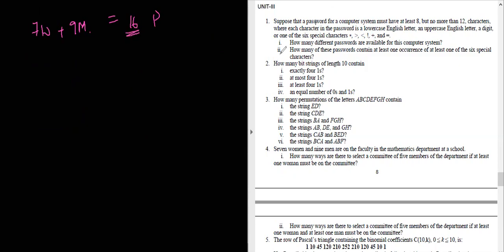Out of the 16 people, what number committee are we forming? We are forming a committee of 5. So what will be the total different ways to select 5 people from 16 people? We are performing selection, so we will be using C, 16 C5. That is combination. If we were performing arrangement, we would be using permutation. A very, very important point to remember while you are solving the problems of this unit. So 16C5 is the total number of committees.